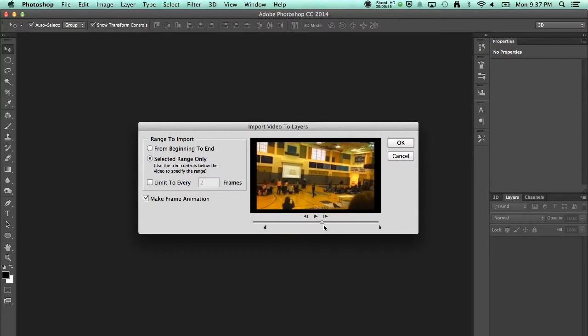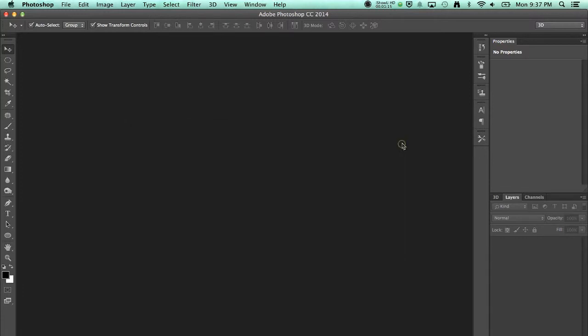And so then we'll go ahead and move it to here, and I'm going to do it just till that girl in the black kind of stops hopping there. And we'll set the out point to that. So you can see I've taken these little tags here, which are the in point and the out point, and shrunken it down considerably. After that, I can just go ahead and say OK, and it's going to import into